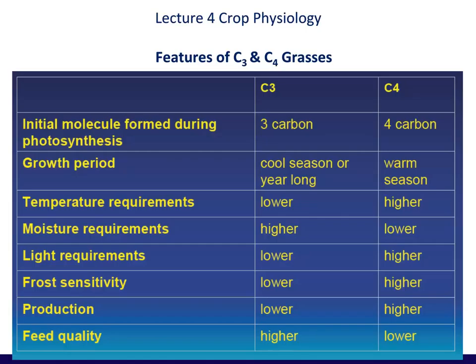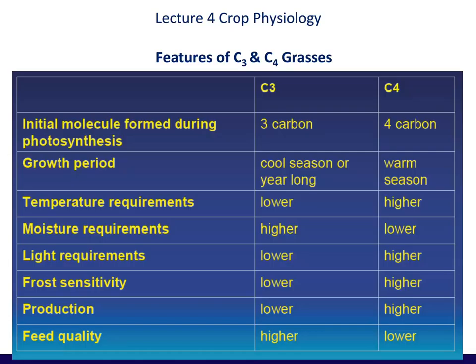I don't often farm CAM plants, so I'm going to concentrate on C3 and C4, and I hope in the following example you'll begin to understand some of the differences. I'm going to use the C3 and the C4 grasses as example, because these are often commercially farmed either as a crop themselves or in complex pastures. So let us look. The initial molecule formed during photosynthesis in a C3 plant is a 3-carbon compound,